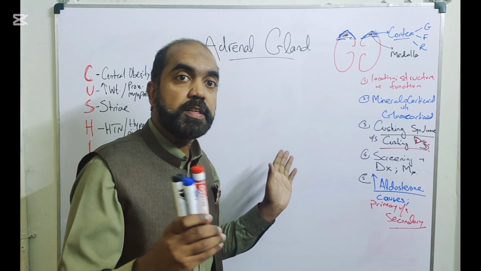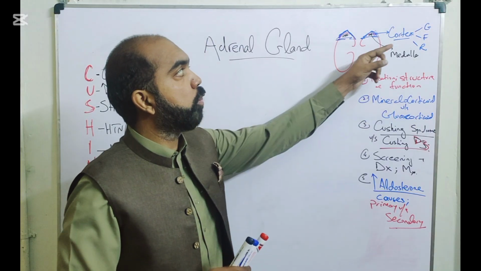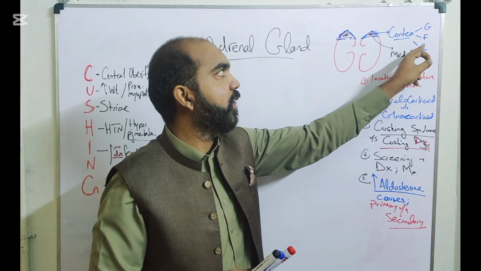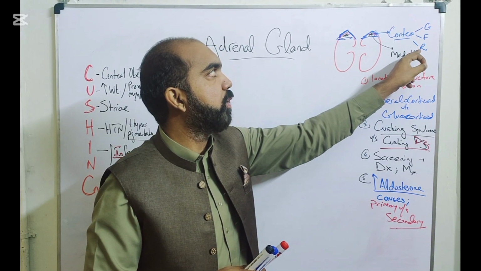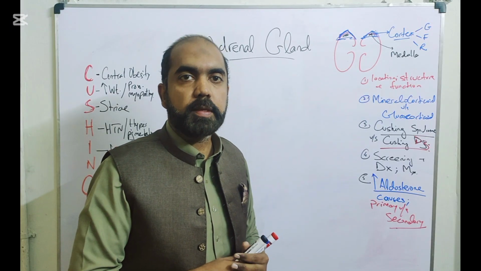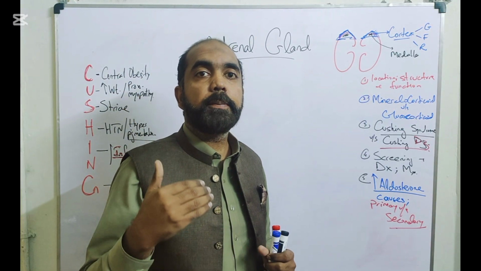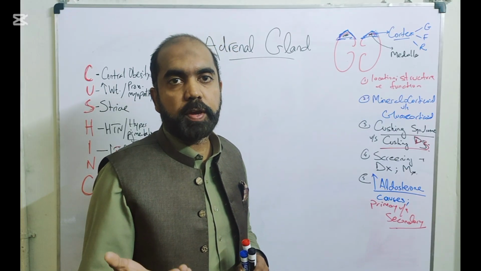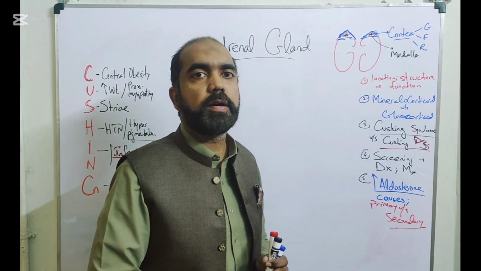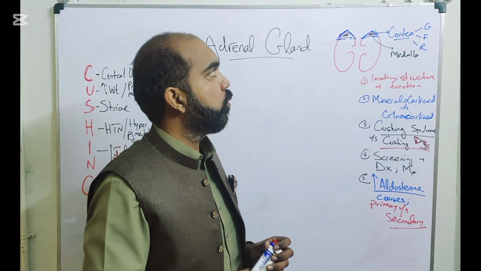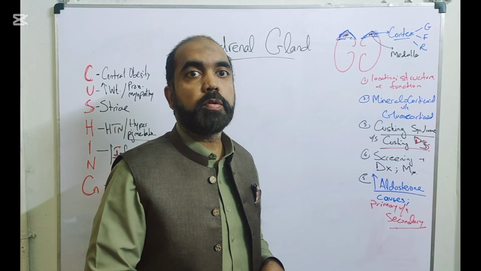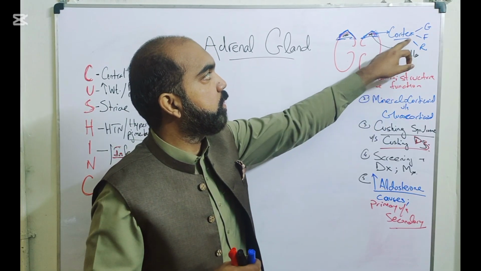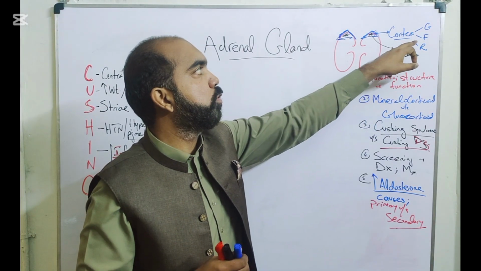The cortex is further divided into three zones. The first, glomerulosa, the G stands for glomerulosa. The second one, fasciculata, and the third is reticularis, the R, reticularis. So glomerulosa usually produces aldosterone, a mineralocorticoid, under the action of angiotensin 2 and weakly under the action of ACTH. So ACTH, adrenocorticotropic hormone, which is secreted by the anterior pituitary gland, acts on these two zones and it produces, the F